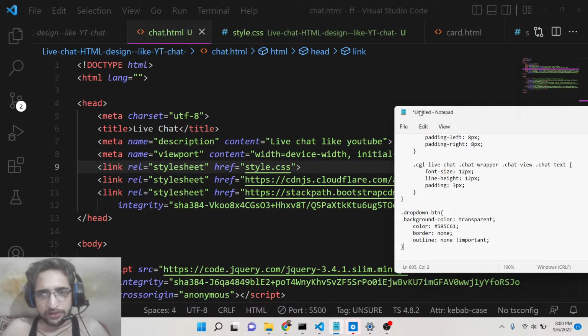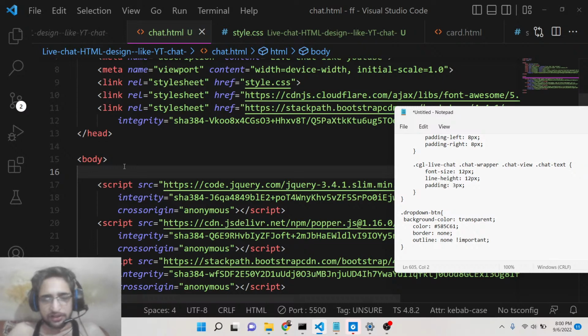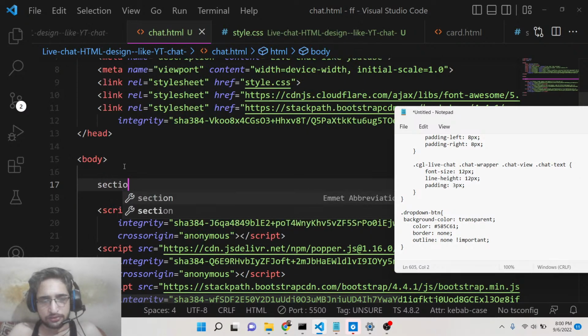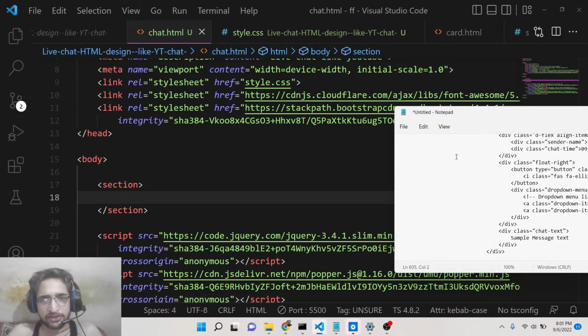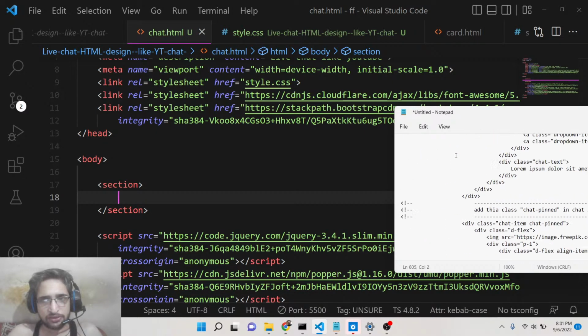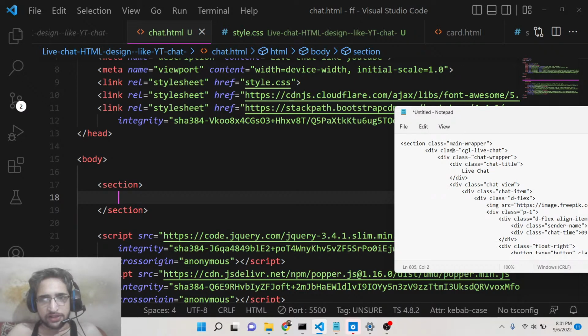The very first thing we will do is have a section tag. Inside this parent section tag we will have different sorts of elements that will go inside this live chat window. So we will style step by step. This section will have a class of main wrapper,